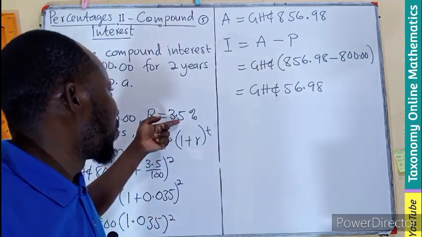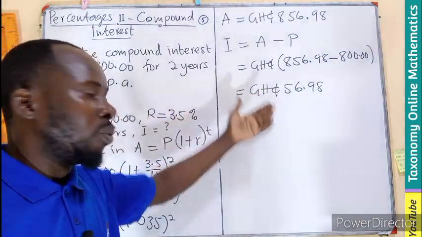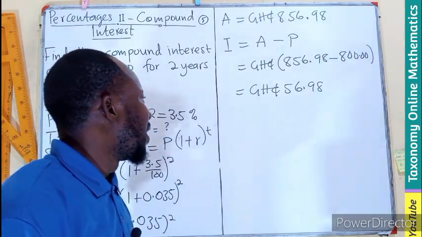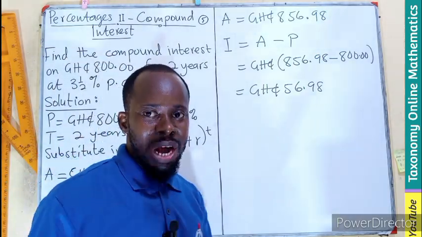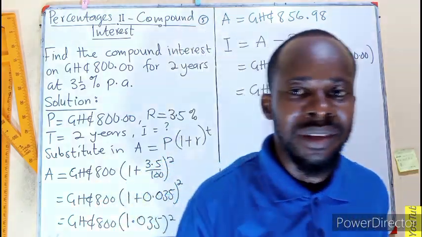Remember, the rate of interest is very small, 3.5. So you should not expect any big amount at the end of the 2 years. I guess you can also try the step-by-step approach and share your findings in the comment section